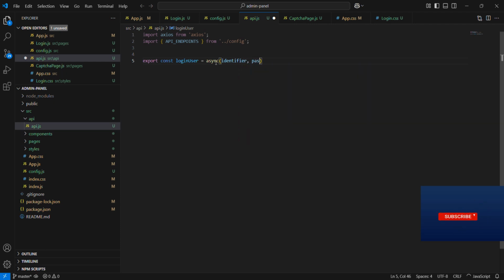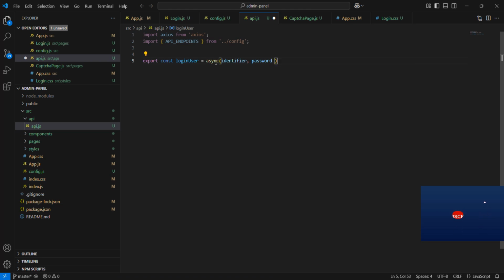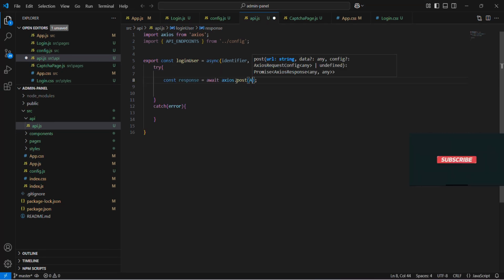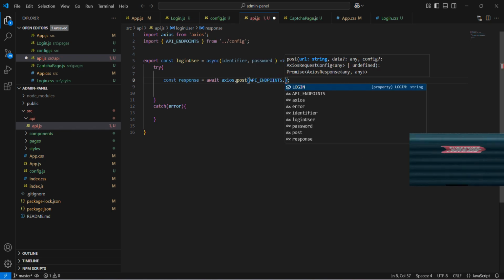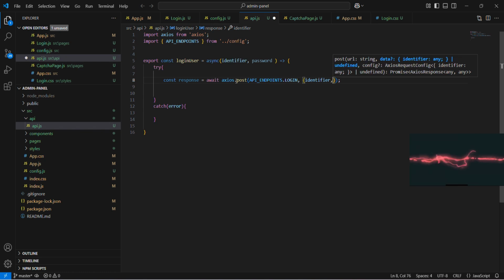This function takes identifier and password as input parameters. Inside this function's try block, Axios.post function sends a post request to the login endpoint defined in API endpoints. And the second argument is an object containing user credentials passed in the request body.